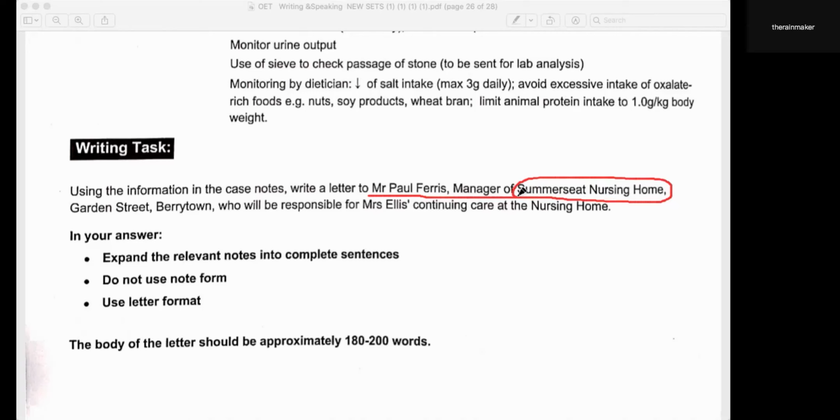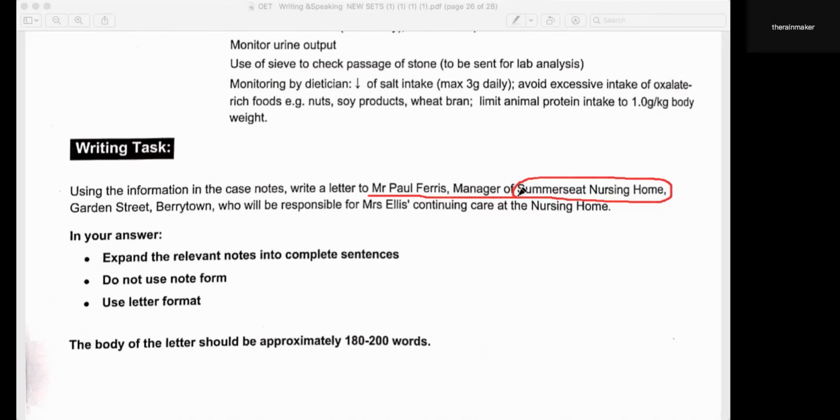If you are unsure about the type of letter, go neutral. That means I'm writing in reference to, I'm writing with regards to. But if you're absolutely certain, then you can write, I'm writing this discharge letter, or I'm writing to update, because the patient comes from the same nursing home where the reader is the manager,